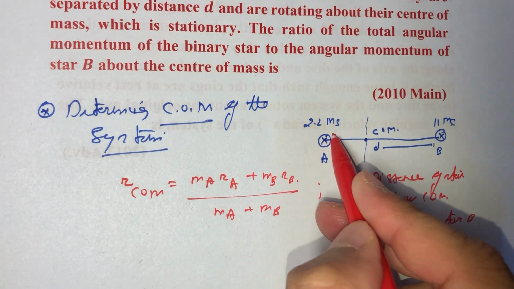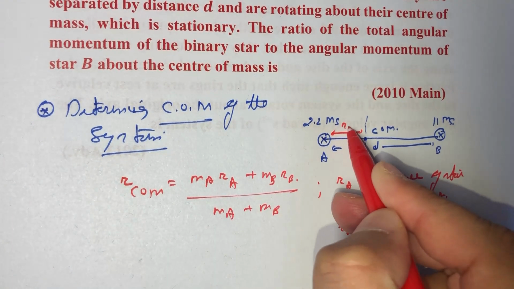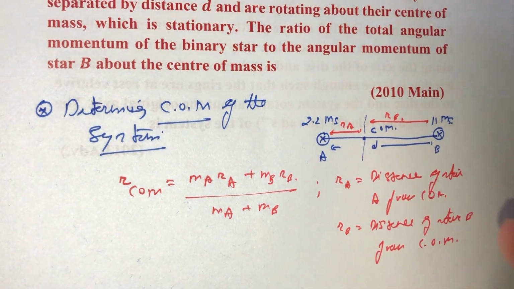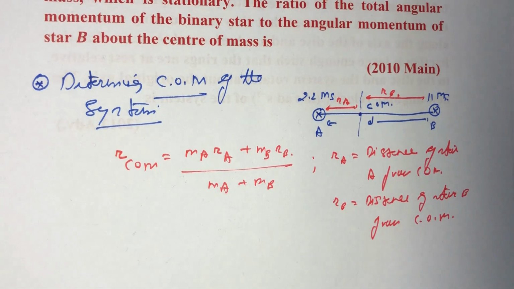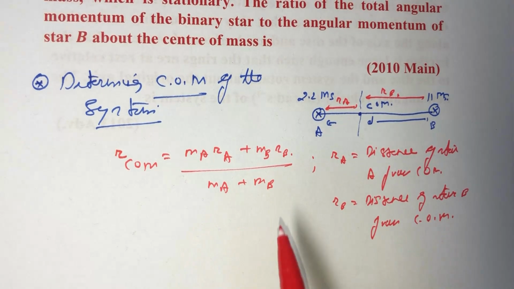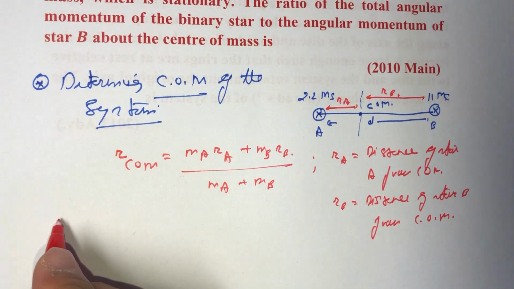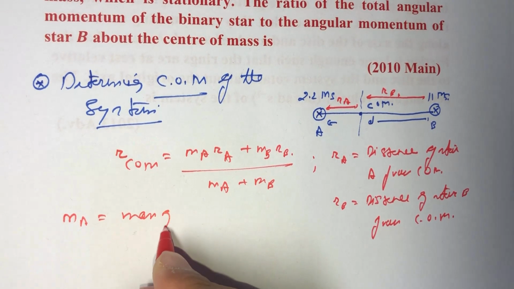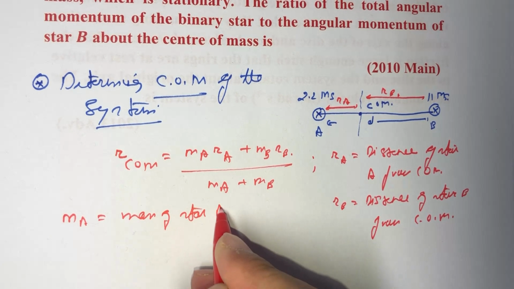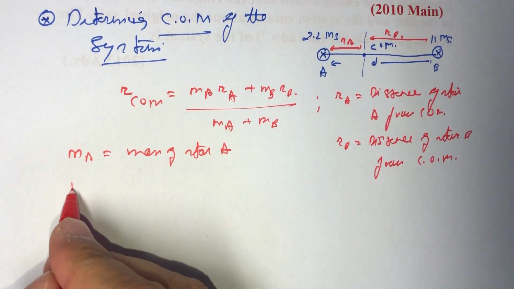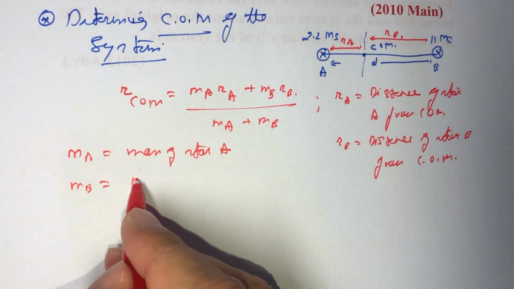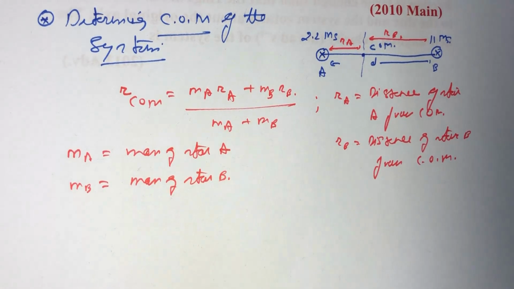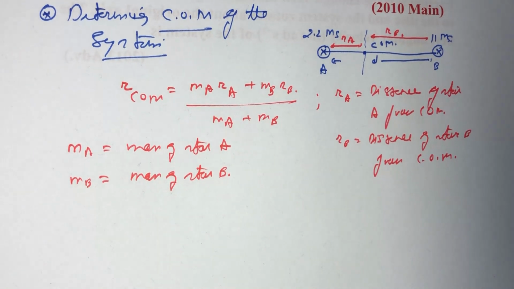So this is our RA and this is our RB, and MA and MB are respectively the mass of star A and star B. You can say MA is mass of star A and MB is mass of star B, and it is given,